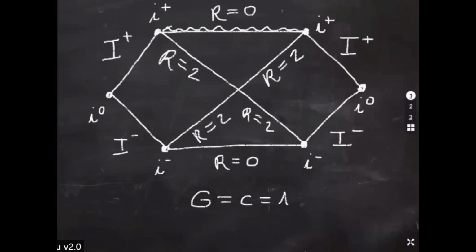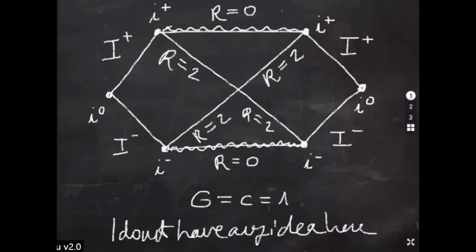Now, a singularity is a very fancy name for something that we don't understand. It's something singular, right? It's something special. It's something that we do not understand. So we could actually call them "I don't have any idea here" or whatever. So when we say singularity, what we mean could be this phrase here: I don't have any idea of what is going on here. Okay.